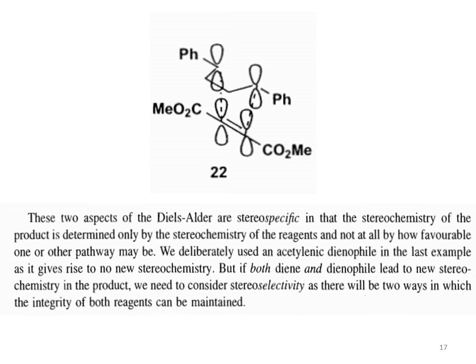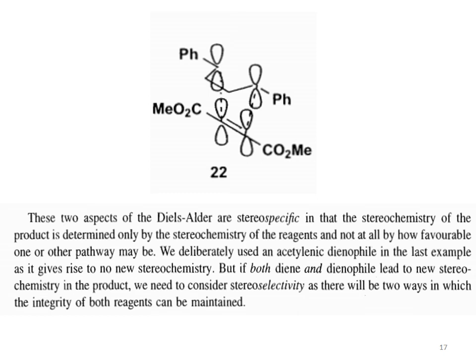One way is by placing the diene parallel to the dienophile. Then draw the hydrogens of the diene. See the relation of the two hydrogens. The hydrogen present on carbon number 1 and the hydrogen present on carbon number 4. Both hydrogens are cis, on the same side of the double bond, so these hydrogens are cis. So the phenyls are also on the same side of the double bond. So both phenyls and the two hydrogens are cis to each other.